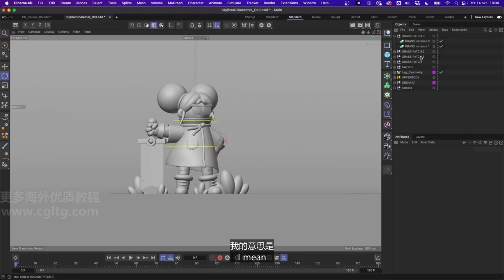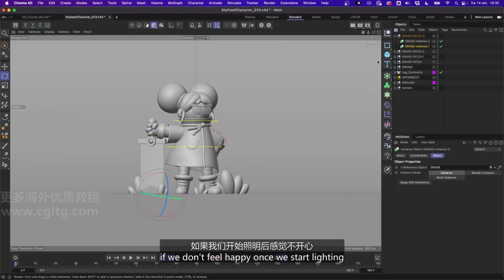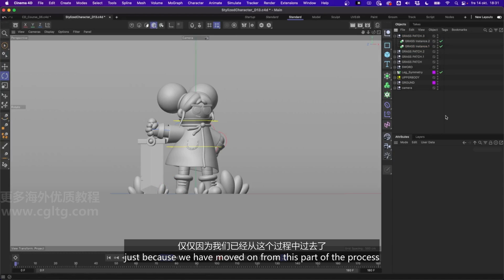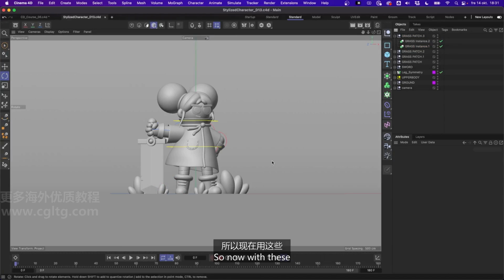Perfect. And I mean, if we don't feel happy once we start lighting, because a lot of things can change with our perception of our scene, then we can just tweak things then. This is not set in stone just because we have moved on from this part of the process. So now with these small patches of grass in a really good place, I think we can make our